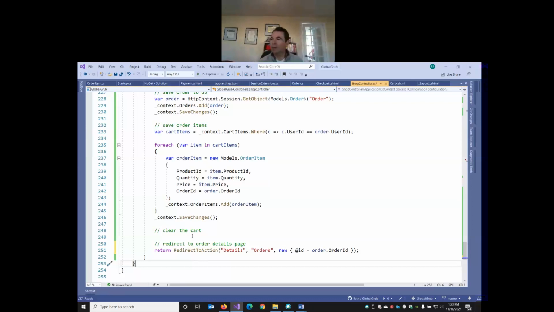I guess while we're at it, we can write the code to clear the cart. So we're going to use this same loop. So we're looping through the cart items twice. The first time so that we can map. Second time,